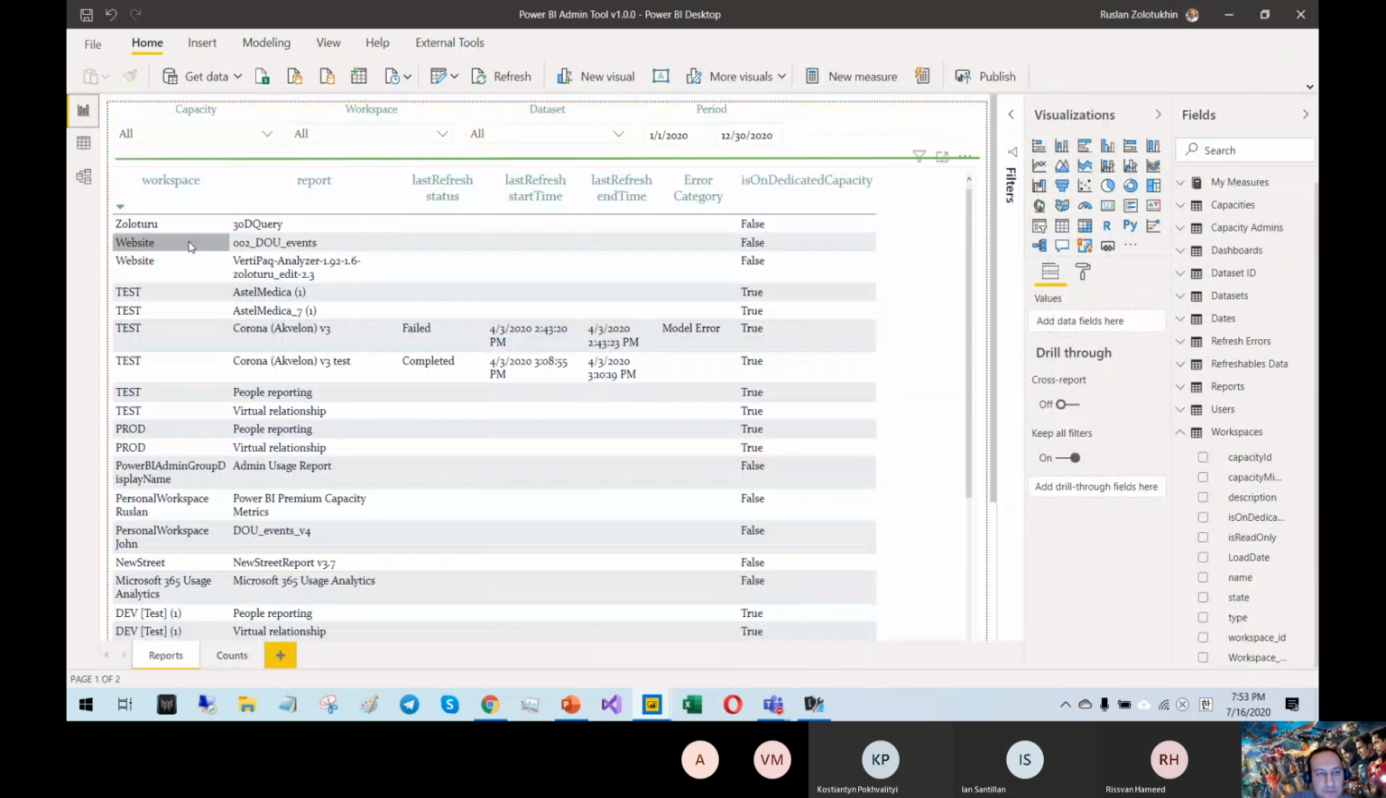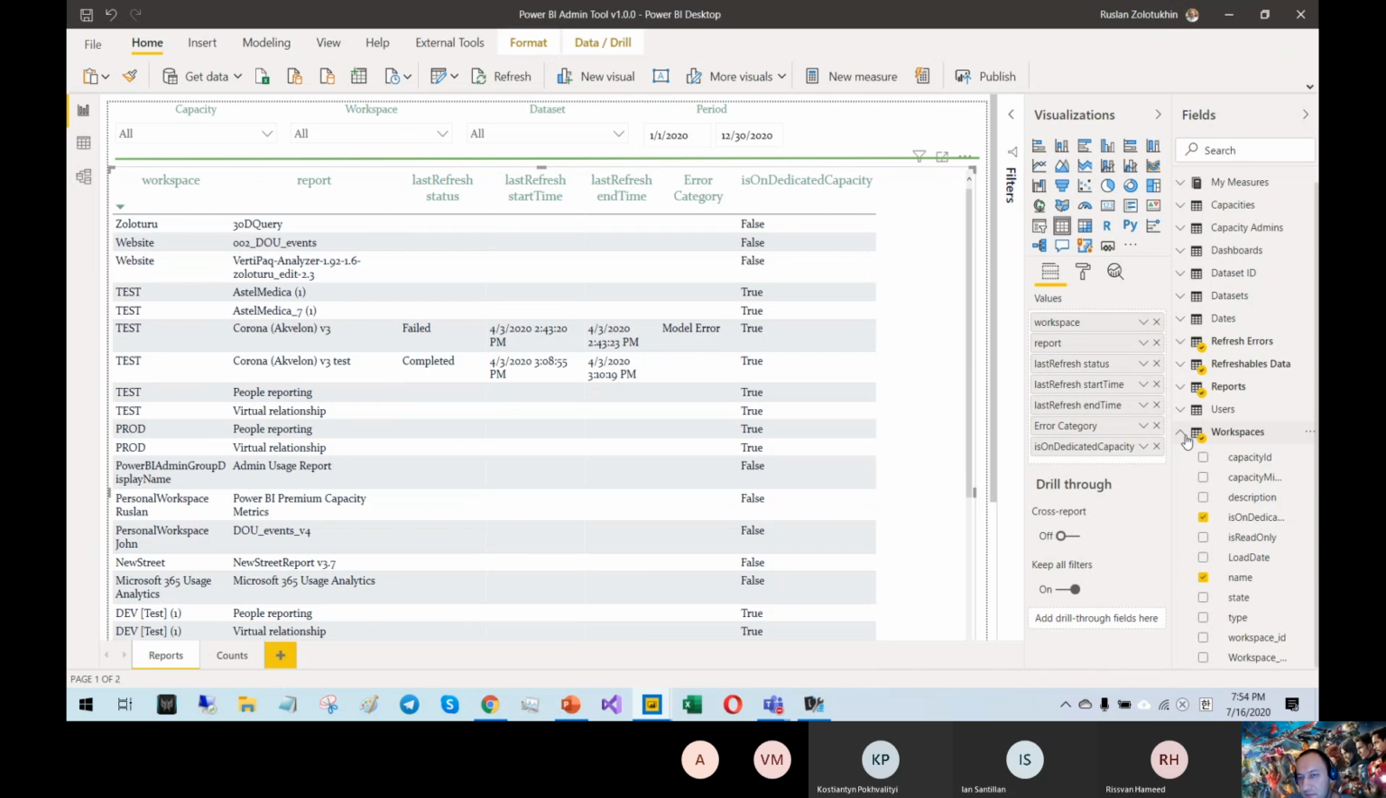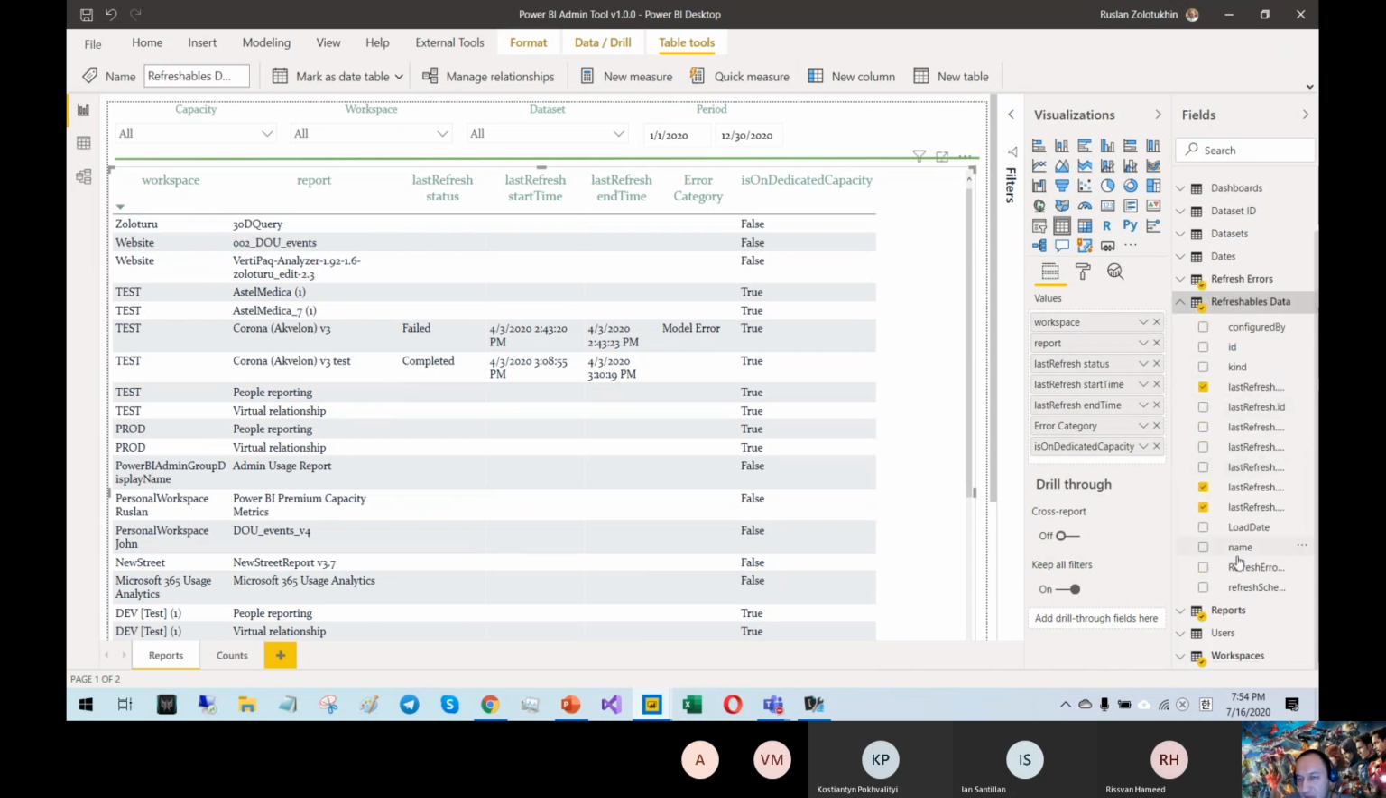So let's say, for instance, I'm interested in refresh time and status. This example is not from my work, but from my tenant, which I use for demo and trainings. So not a lot of information here. But for instance, you can see there is a report which is valid because I linked the report to the dataset. It is valid, start and end date, and time, error category. There is error text for each dataset,